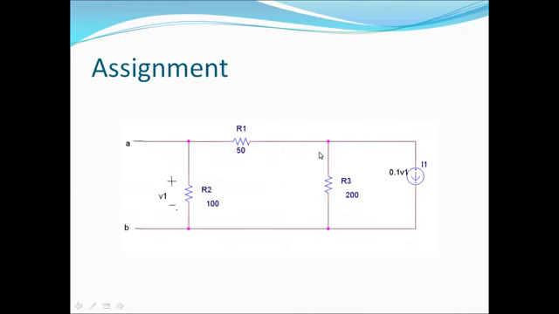Okay, so this is the assignment. You can see here it also consists of just a dependent source. 0.1 V1 is the current source. It is dependent on the voltage across the 100 ohm. So try to solve this one. If you don't get it, just ping me on my blog